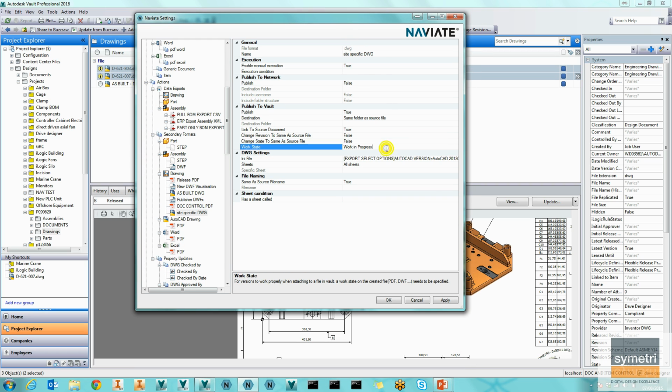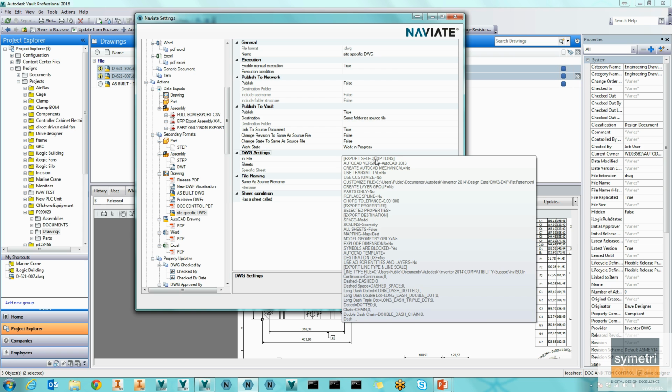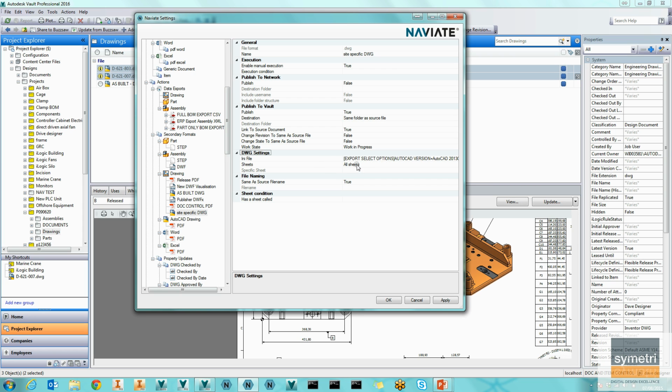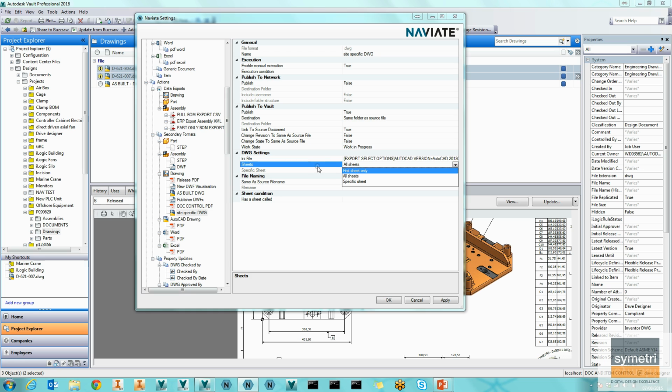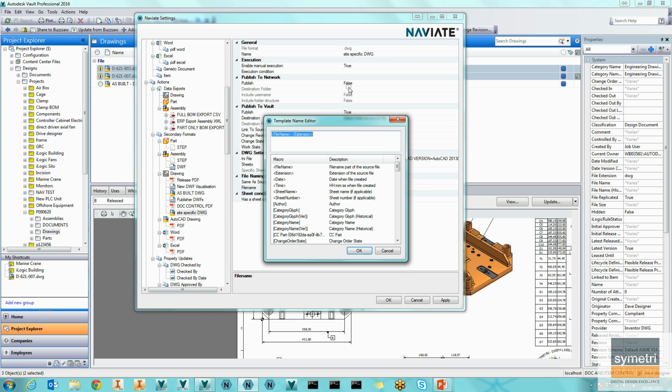As it exports the Inventor DWG to an AutoCAD DWG, what settings do we want to use? Do we want to do all sheets, or do we just want specific sheets? And if so, what's the specific sheet name? Do we want to only output if there is a particular sheet of a particular name in there? And do we want the name to be the same as the source file? So in this case, I'd probably say no, I want this to be the file name with the word site